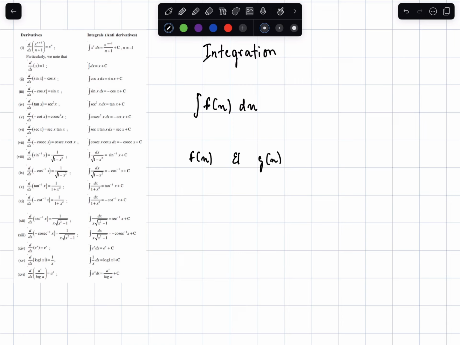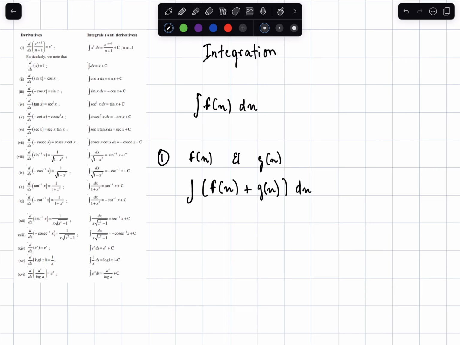So this is the first rule. If you have f of x and g of x, and you want to find the integral of the sum of f of x plus g of x, don't forget the dx,